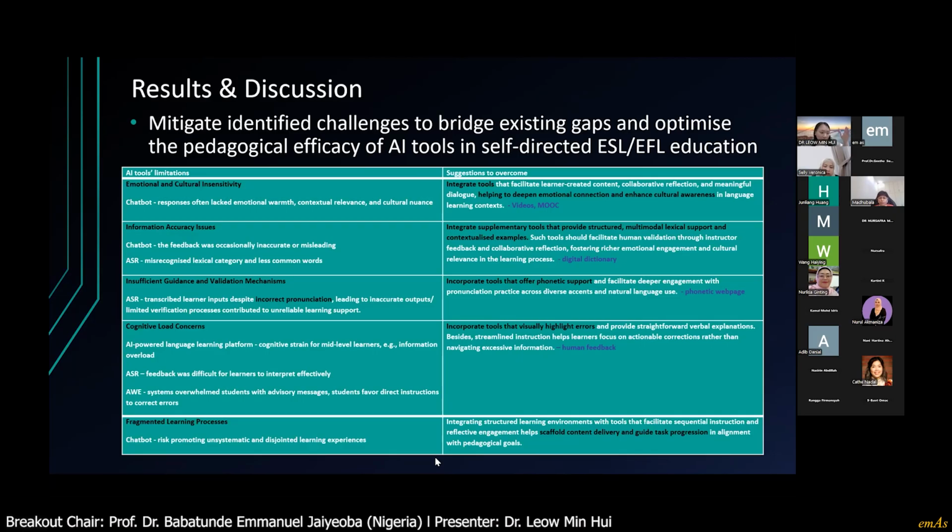So with all this integration of tools, it will enhance the students' learning and overcome the issues I listed right here, like the information accuracy issue. So this is our plan